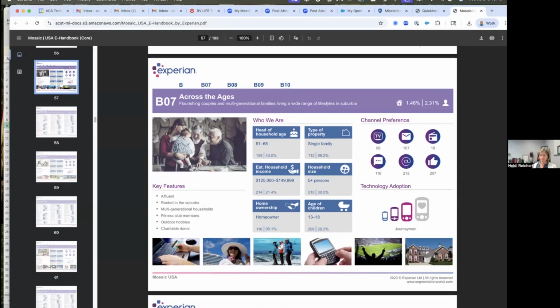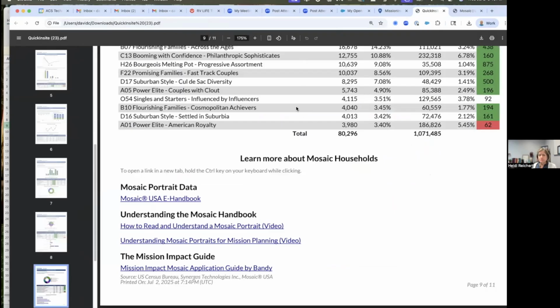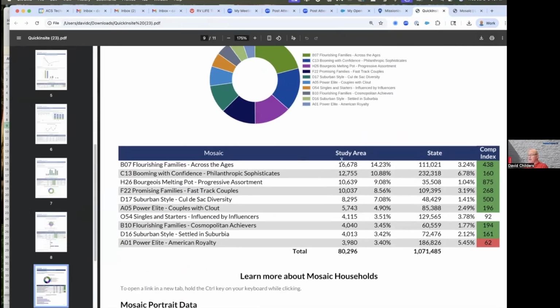And if I went back and looked again at the numbers, it'll actually say in this study area, almost 14.25% are indeed B07s. Now, that doesn't necessarily mean just the individual congregants, but it's saying the neighborhood in which